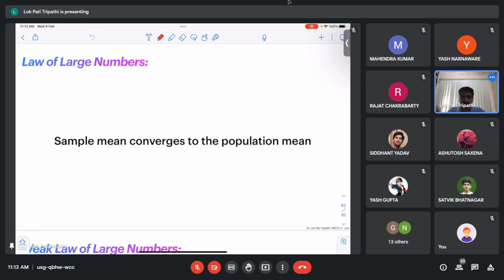Okay, so what statisticians do is, instead of working with the whole statistical population, they try to work with a small collection of that population. Okay, and if that collection has certain properties, then we say that it is a random sample from that particular population.